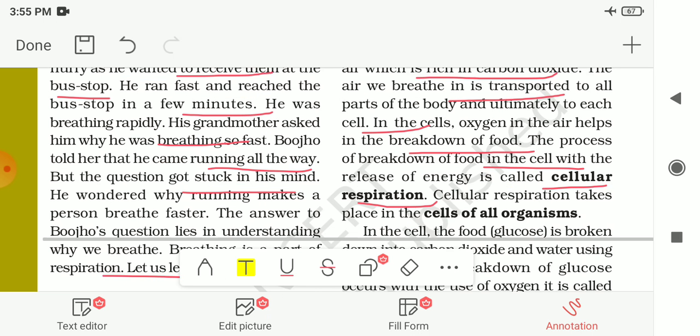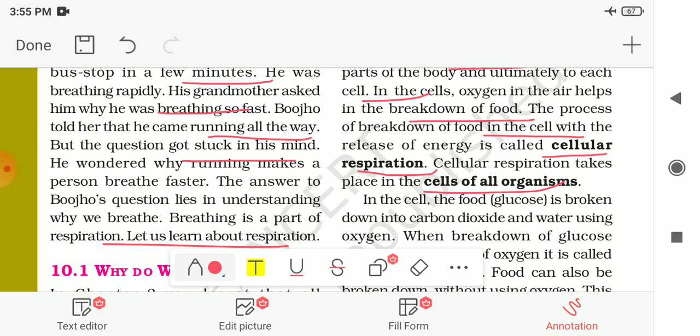And cellular respiration takes place in the cells of all organisms. In this process the breakdown of food occurs in the cell, and with that energy is also released, which energy we utilize to perform the different kinds of functions that we had seen, like reading,